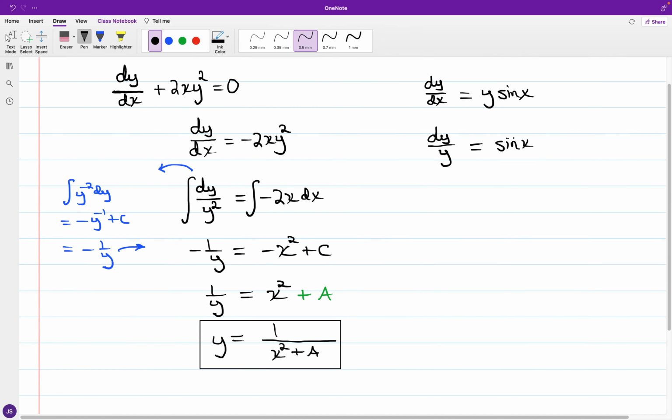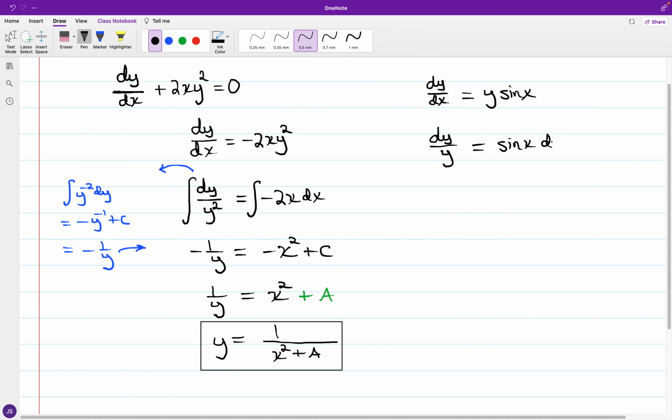So we have dy over y is equal to the sine of x dx, and integrating, we have dy over y, and I know that my notes have the natural logarithm of the absolute value of y, but I'm just going to write this as the natural logarithm of y